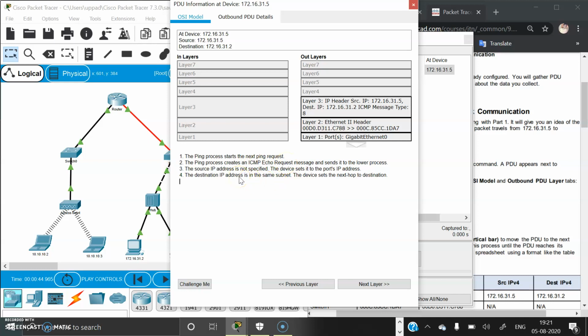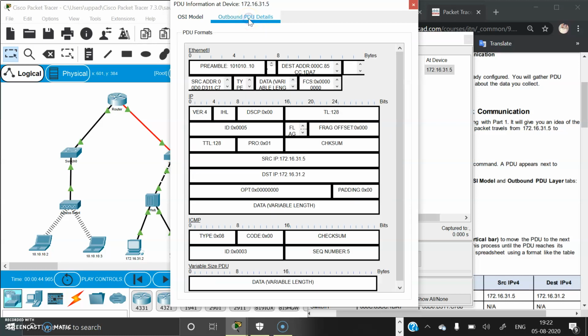Okay, the source IP address is not specified, so the device sets it to the next port's IP address. The destination IP address is in the same subnet, so the device sets the next hop to the destination. The complete details will be shown here, and when we click on outbound PDU details, these are the complete PDU details about the device.